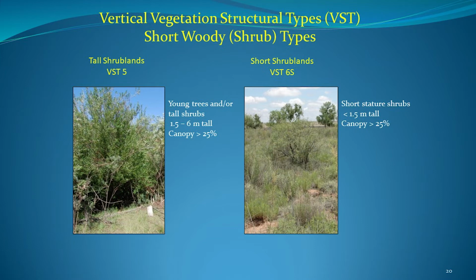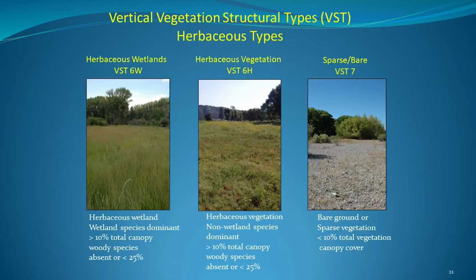So those are the two shrub types. Now we're going to go to the last three types, which is slide 21. And here we have two herbaceous types, and remember I talked, we have bare ground as an option. There's always the potential for bare ground. And so we have two herbaceous types and a bare ground structure type. And the VST6W, the herbaceous wetlands, is the only time the structure type also asks you to look at what